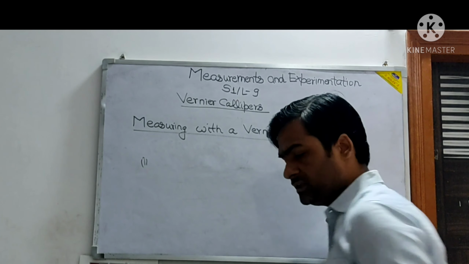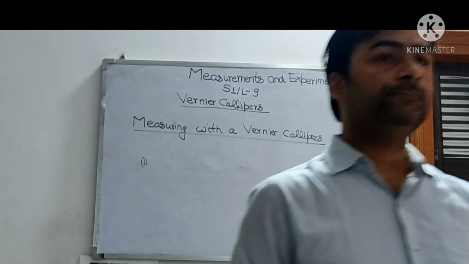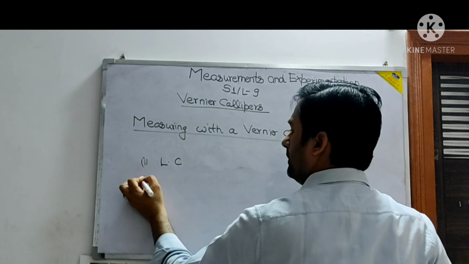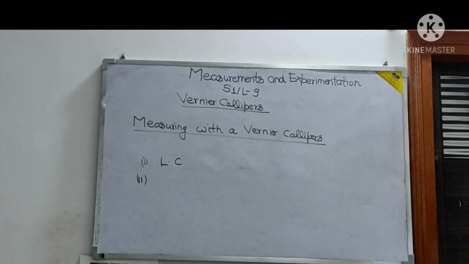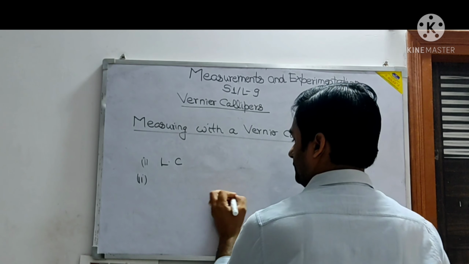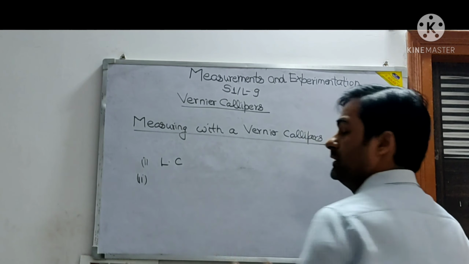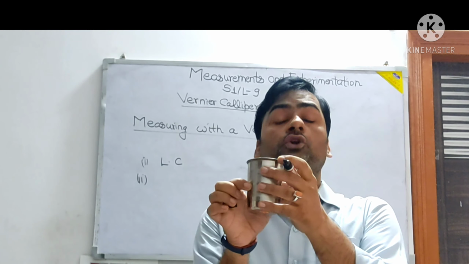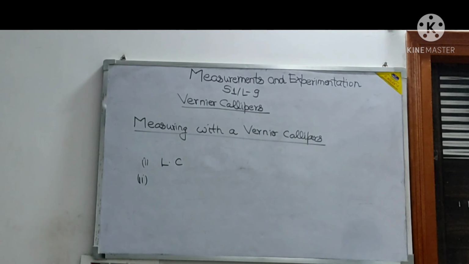First you will take the object, or hold the object, whatever object you have with you. So first of all, what will you do? The first step will be determining the least count. You know the method of it now. The second thing is, you will bring the movable jaw in contact with the object, such that the object is fixed between both the jaws. Once it is fixed, it should be not too loose, not too tight. That you will do.